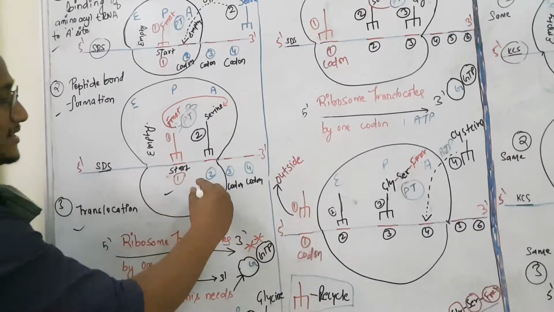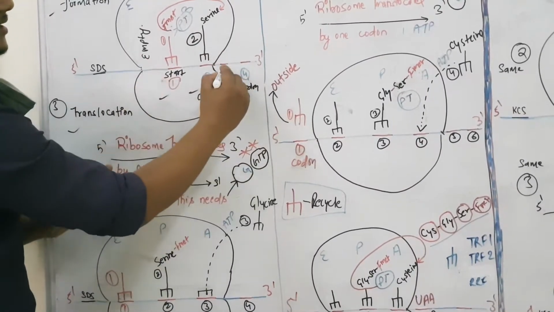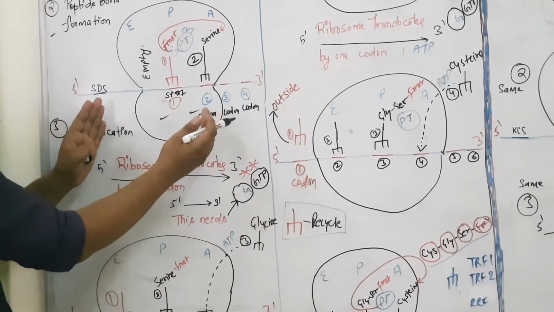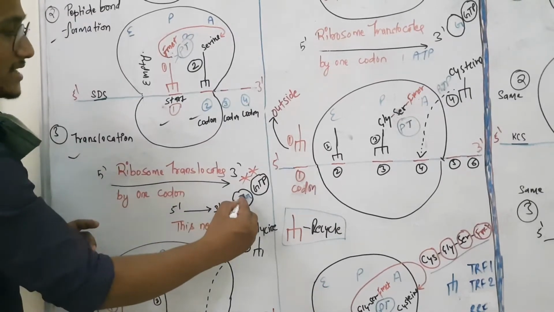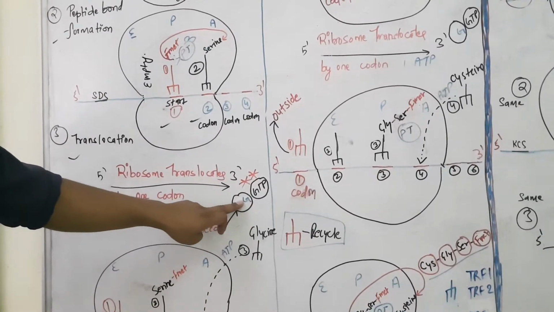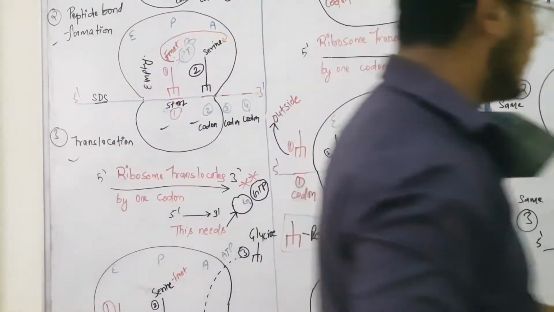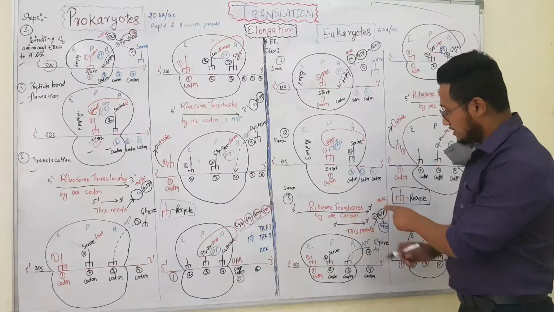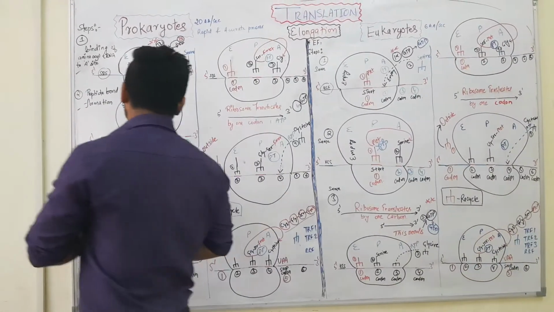So the first codon is made, second codon is made, now the third codon is outside the ribosome, or let's say in the mRNA. So this ribosome has to move forward, okay? And whenever it does so, it needs energy, and that energy is provided by elongation factor G in case of prokaryotes, and in case of eukaryotes it is elongation factor 2. Okay, so these are the GTPase proteins which hydrolyze GTP and give a spark of energy which causes the ribosome